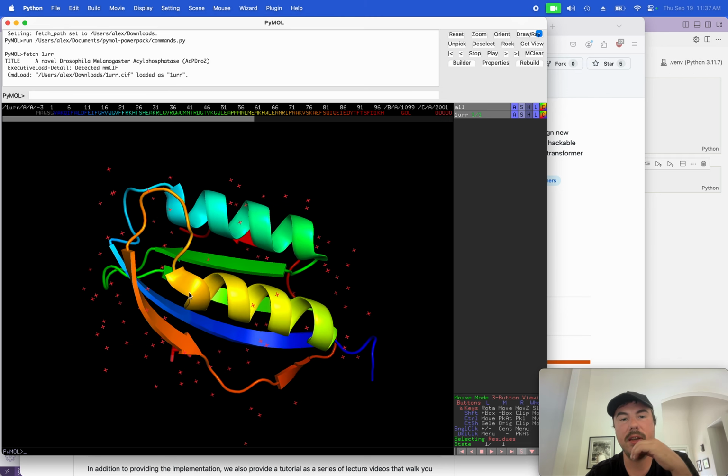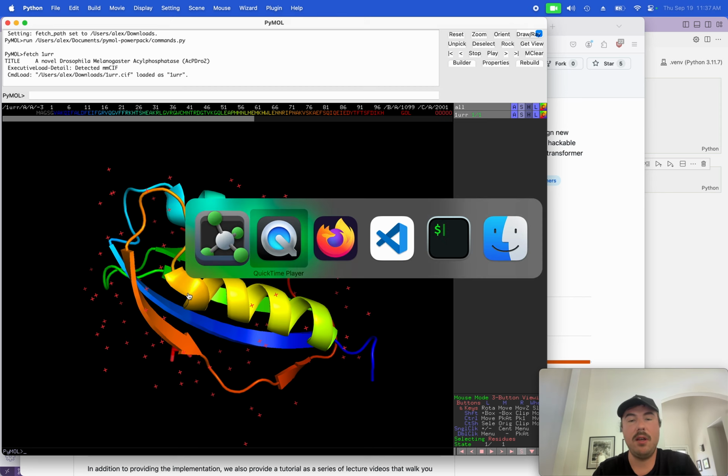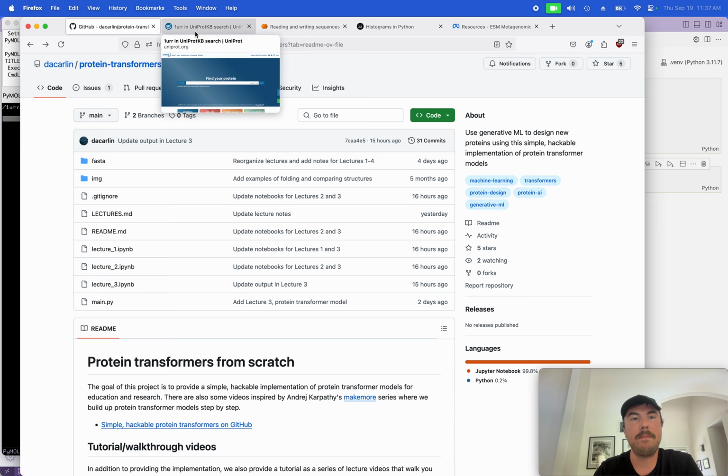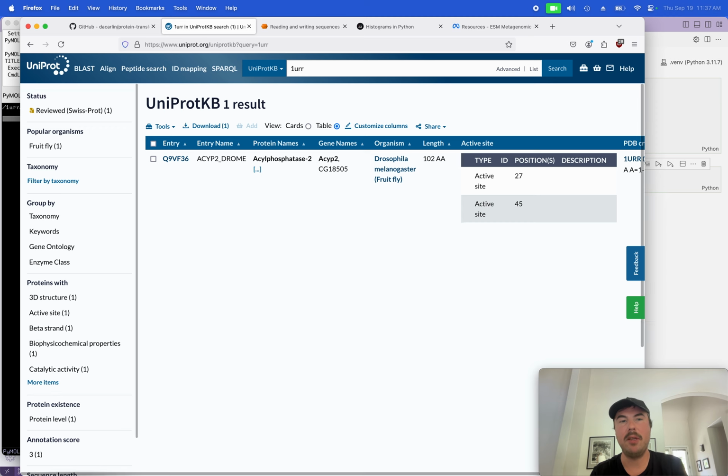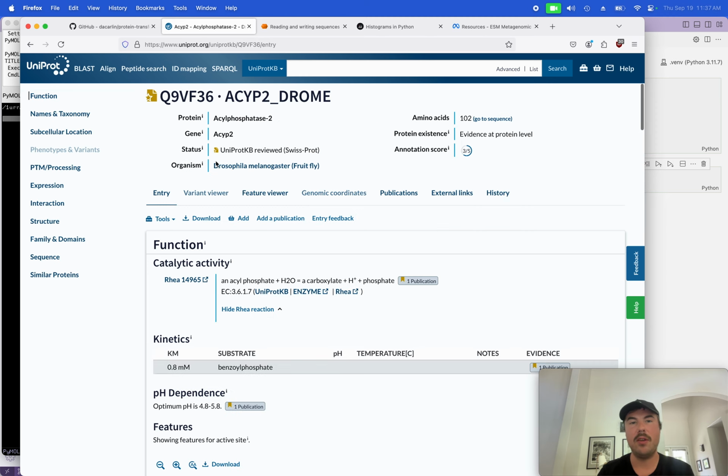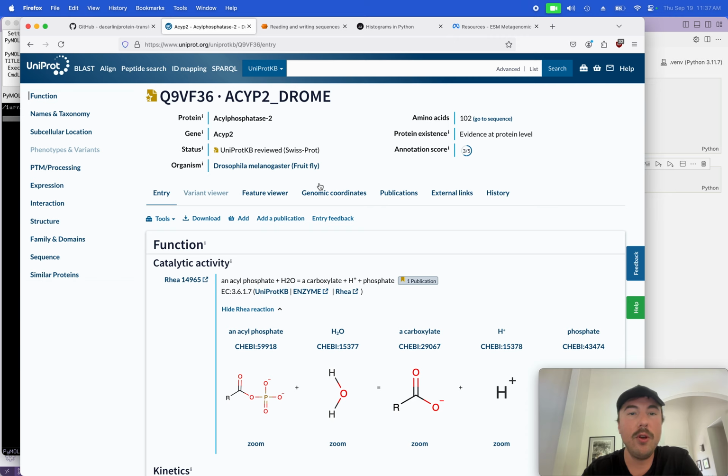So let's see if there's enough data in this class for us to efficiently model. To do that, let's turn to the most amazing protein resource on the planet, which is UniProt. UniProt is incredibly densely indexed and cross-indexed, and we can just type in a PDB code here and immediately come to the UniProt entry for this protein. UniProt entries are incredibly detailed, and they're linked to all these other databases. So you can see in the entry for this protein here,